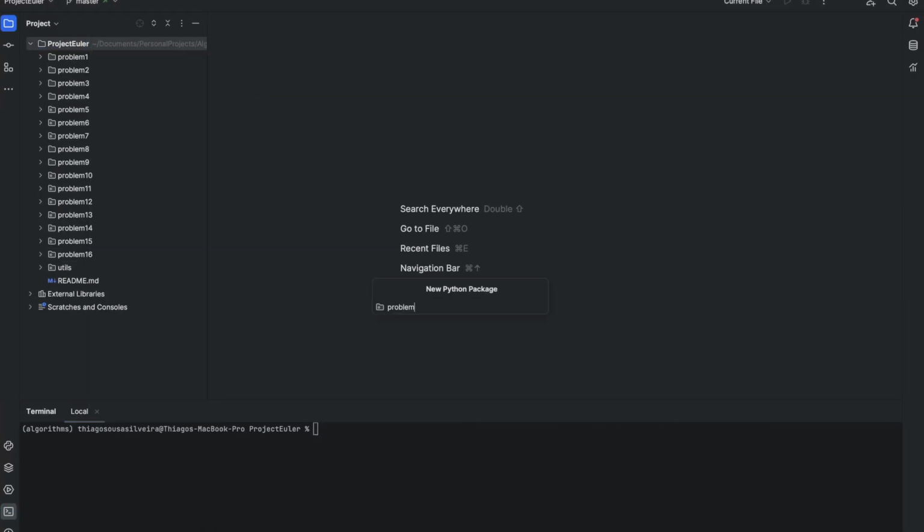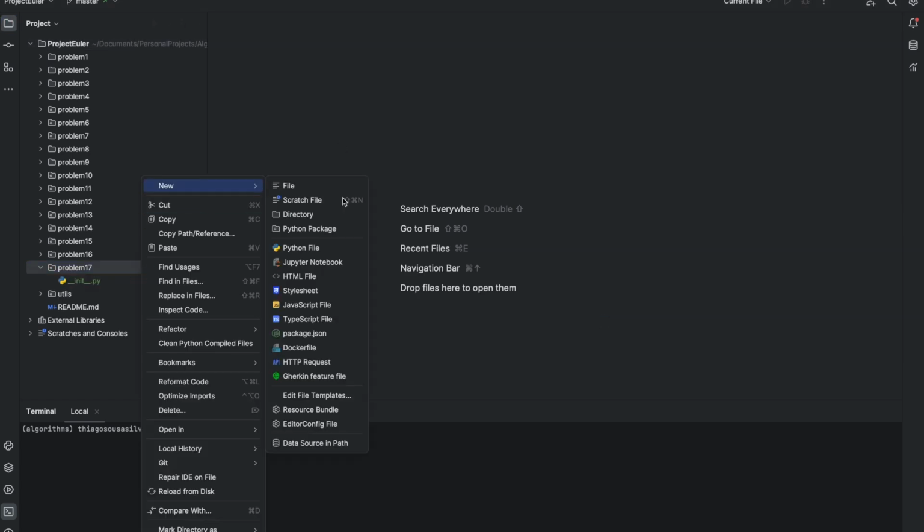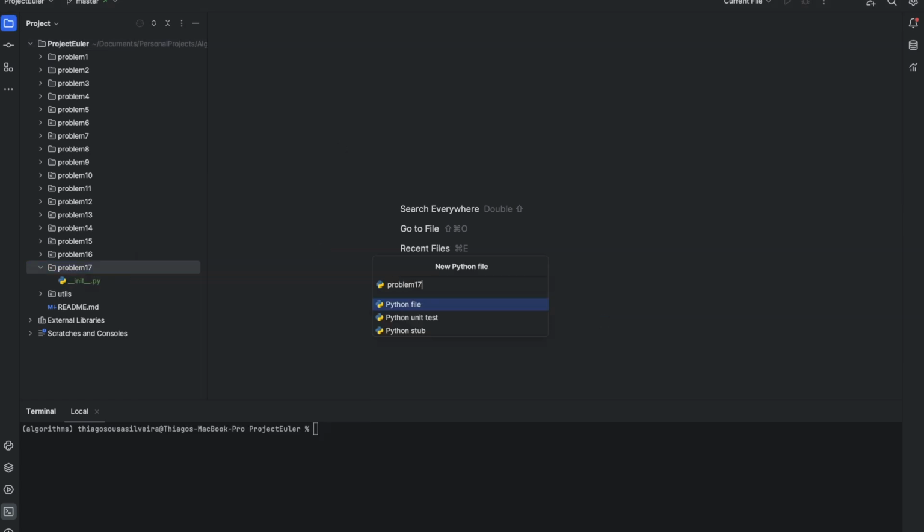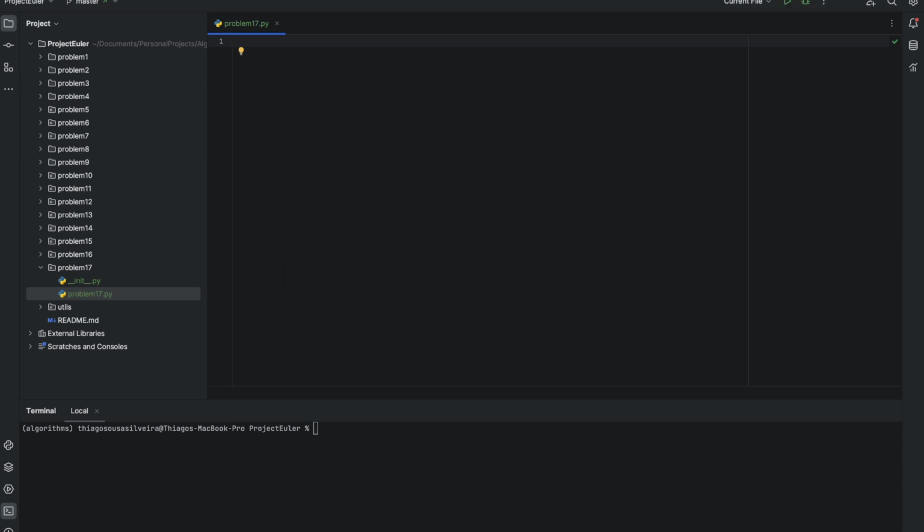First, let's create problem 17 and add our Python file, problem 17. The first thing I will do is to create a dictionary to store how many letters some key numbers have, that I will later combine with others in order to sum all of them. So I'm going to call this letters dictionary, in which the key is going to be a number such as 1, and the value is going to be, I can store it as a string, for example, "one". I can do the same thing here for